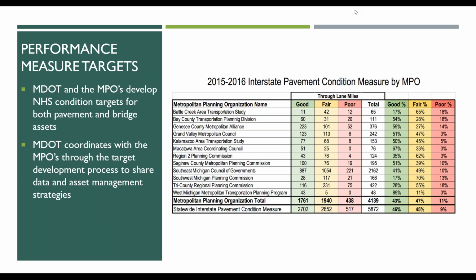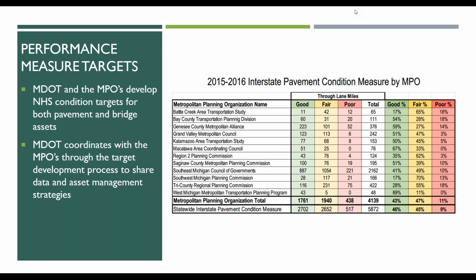Moving on to our performance measures and setting of targets that was required through the TAMP process. This was something that was not unfamiliar to us, but it was a little different in that MDOT had never previously looked at our network except either as our entire state trunk line system, the pavements that MDOT owns and operates, or separately as networks of freeway and non-freeway. Adding the elements of the national highway system and also the interstate